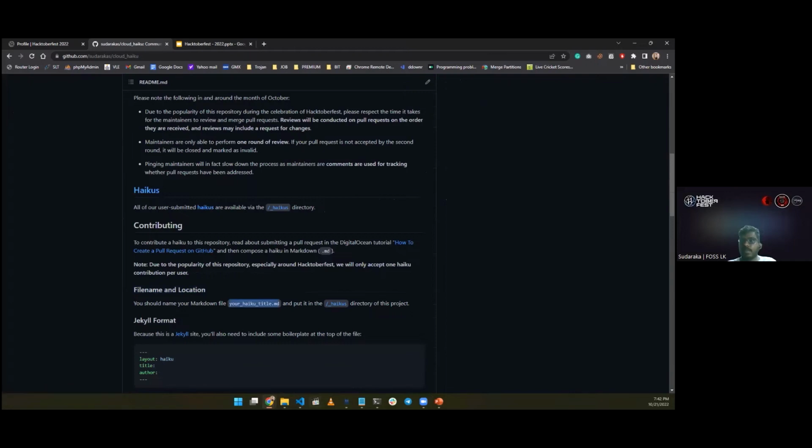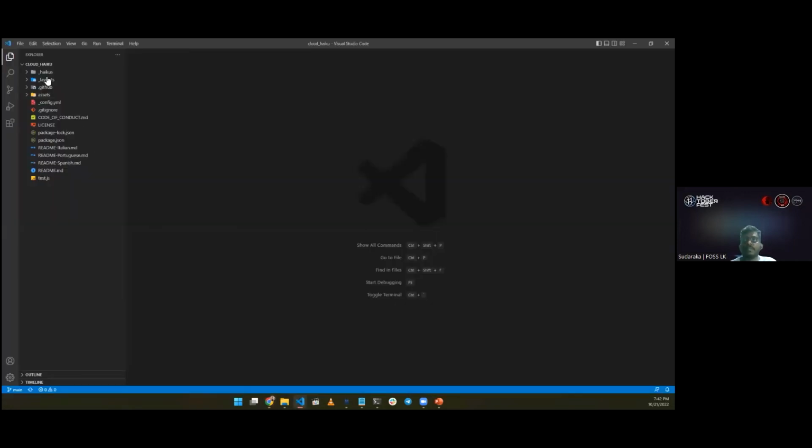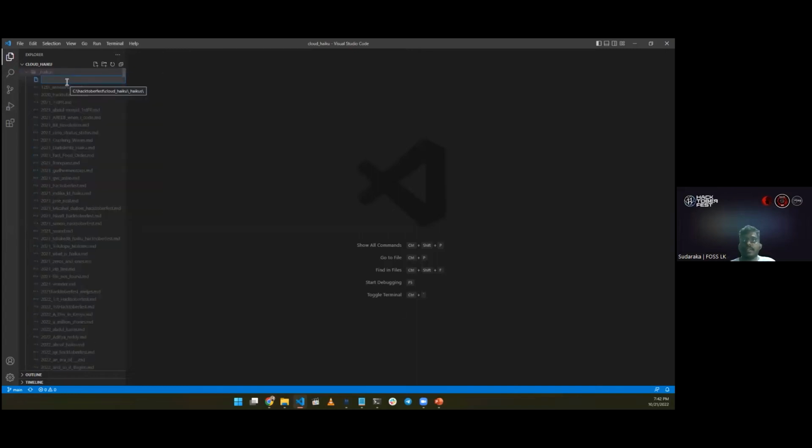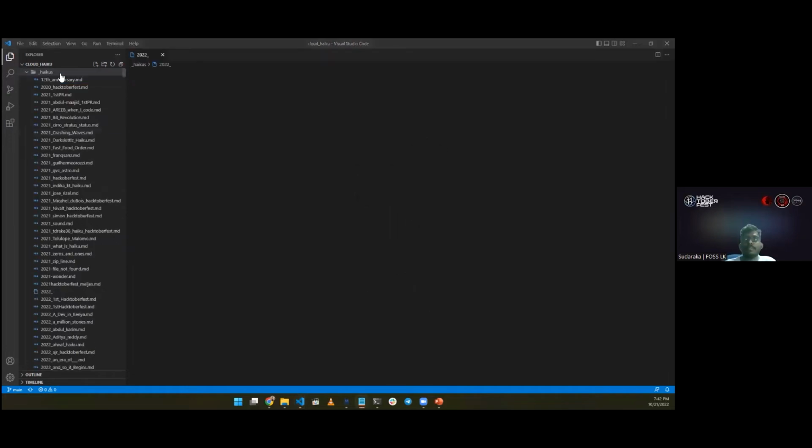So I'm going to open my code editor, and this is the haiku folder. I'm going to create a new file. Actually, I have already created a simple poem, so I'm going to use that.